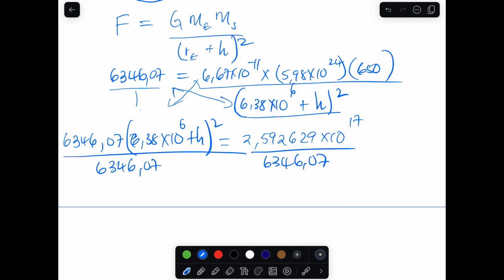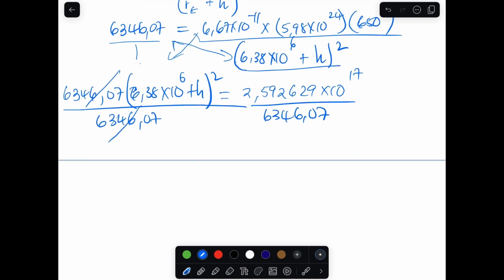This and this cancel, and then you have 6.38 times 10 to the power 6 plus h, squared, equal to the answer for this,